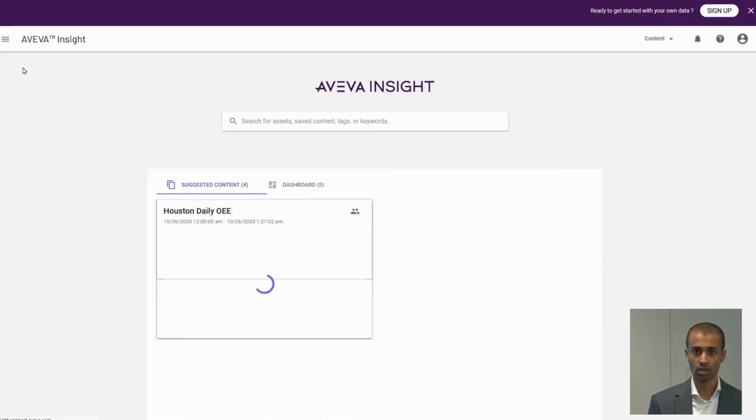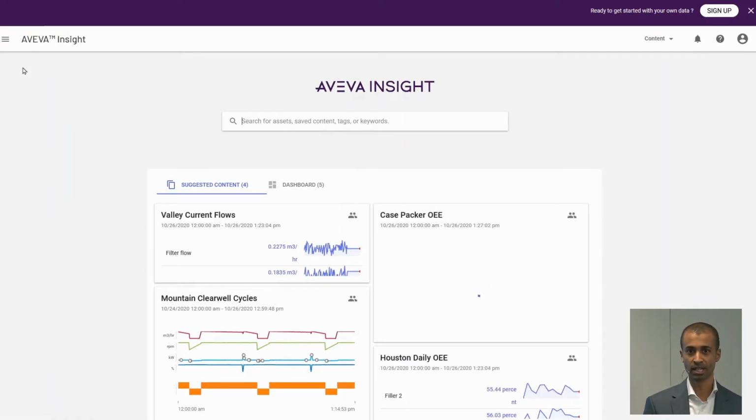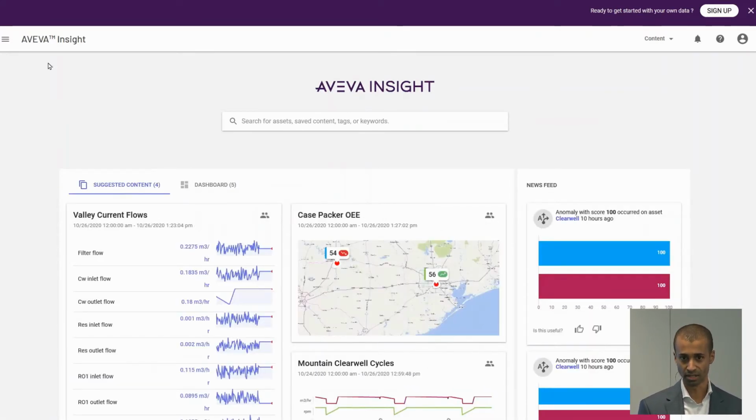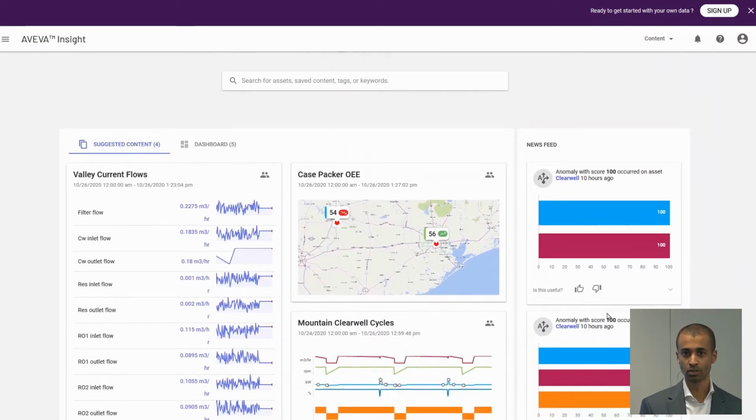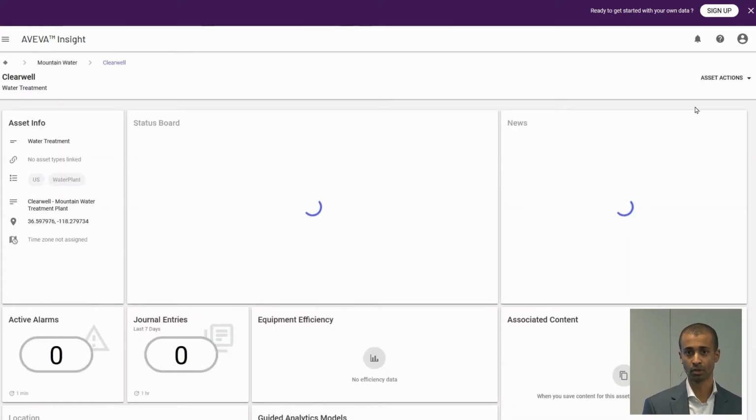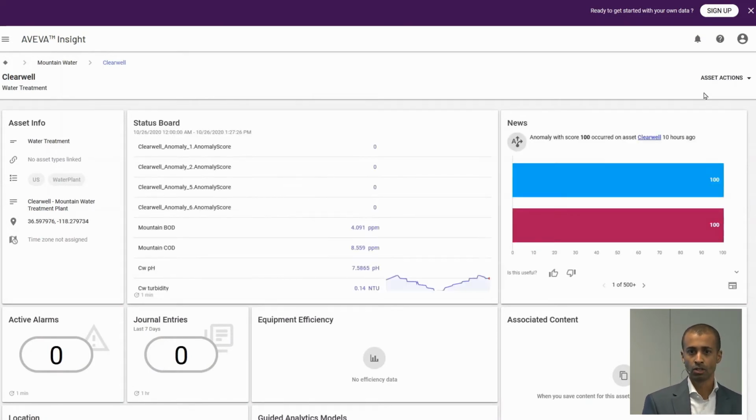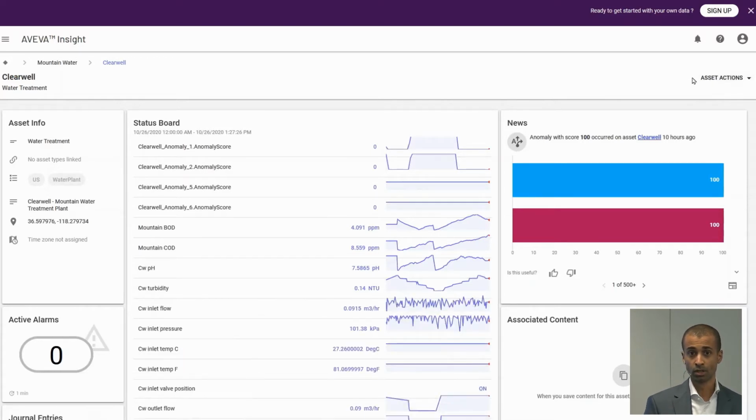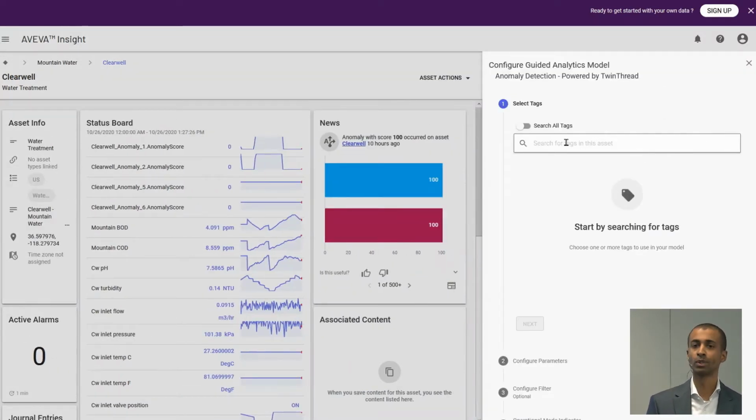Now, how do we get there? Because it's very important to receive the information from guided analytics, but you need to configure something. And luckily, Aveva made sure that it is simple to configure guided analytics. So let's go to Clearwell again, that same asset, and let's build up a model and train that model based upon historical data that already exists in Insight. So in this case, we're on the asset information page. We click on Asset Actions, move to Add Guided Analytics Model,